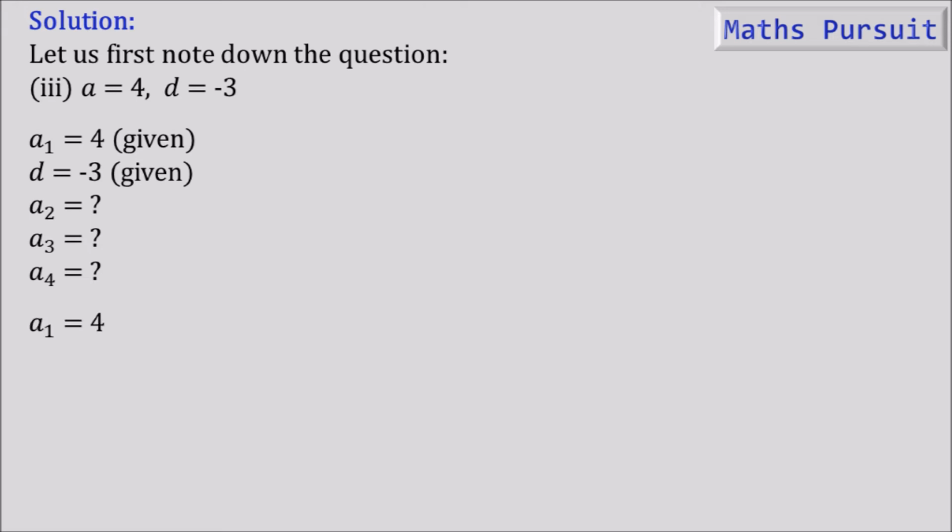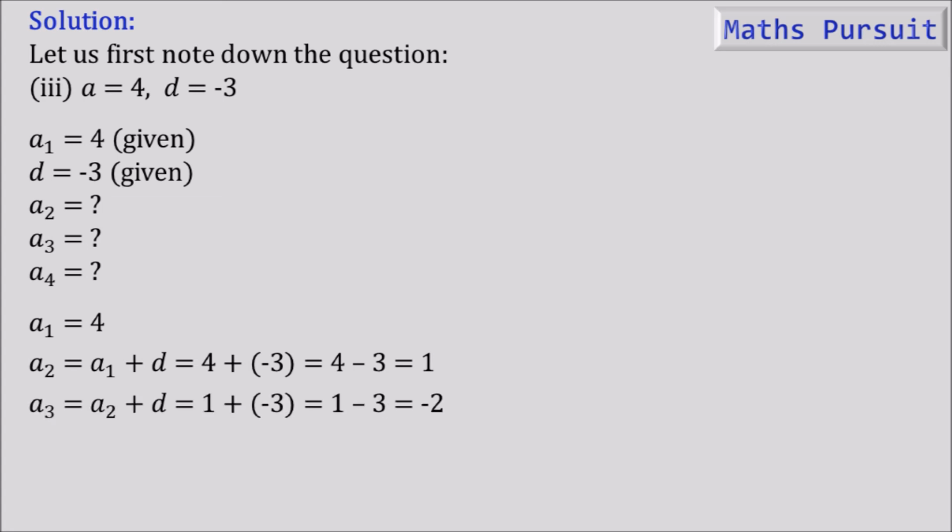So a1 is equal to 4. And a2 is equal to a1 plus d. Guys, we very well know that if we add the common difference to the current term, then we will get the next term. This is what we are going to do. So for that reason, I have written a2 is equal to a1 plus d. So the current term is a1, the first term, and the difference is d. For that reason, I am taking a1 plus d. That is equal to 4 plus minus 3. d is minus 3, so for that reason, I have kept it in the bracket. So that is equal to 4 minus 3. That is equal to 1.